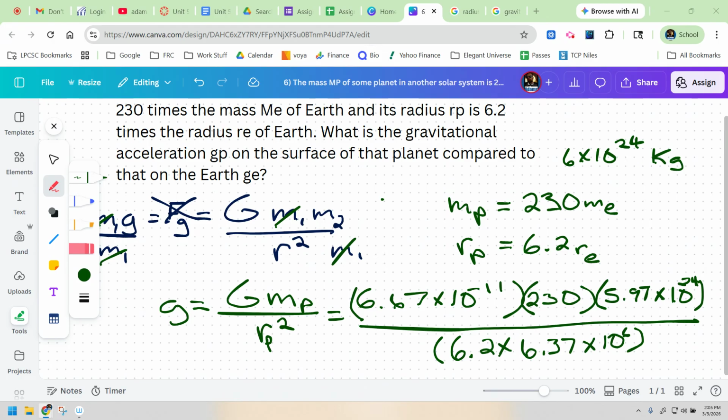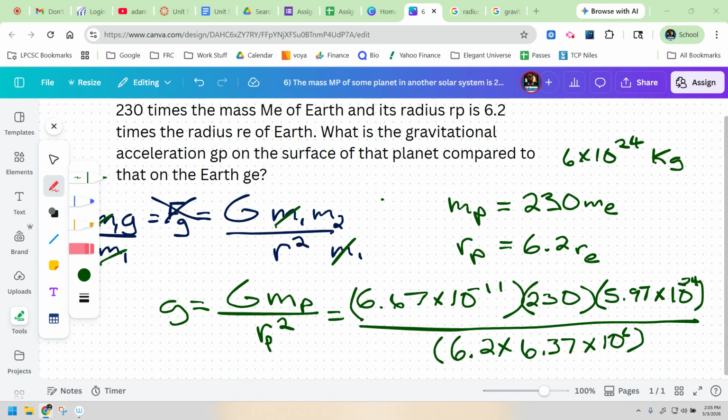So on the top I've got 6.67 times 10 raised to the negative 11 times 230 times 5.97 times 10 raised to the 24. Then on the bottom I have 6.2 times